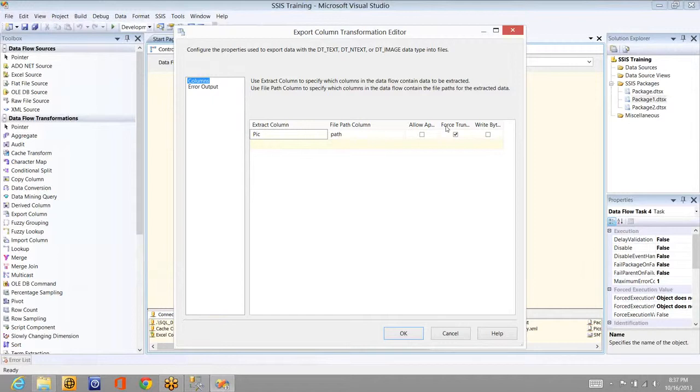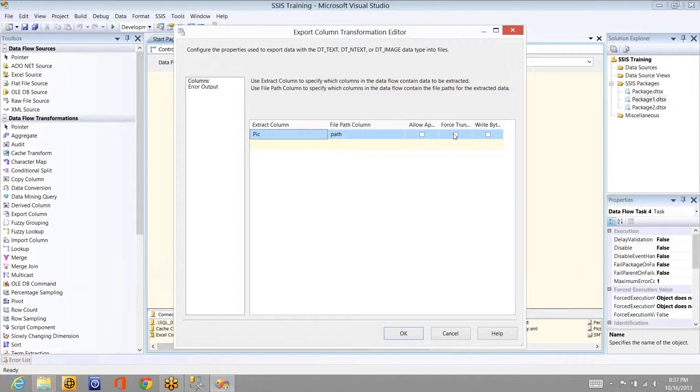And if you check this one and this one, that means a file is there and you try to append data to it. If the file is not there, then it will throw an error saying the text file is not there. In the same way, if you remove this, that means the file is not there, so create one and write the data.